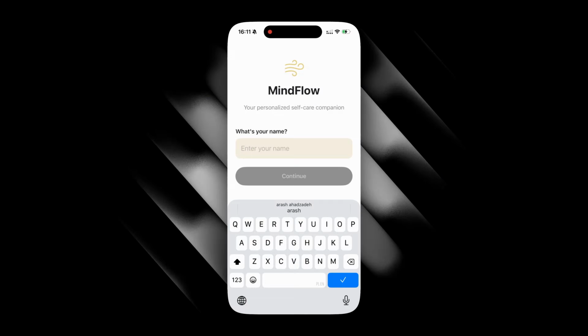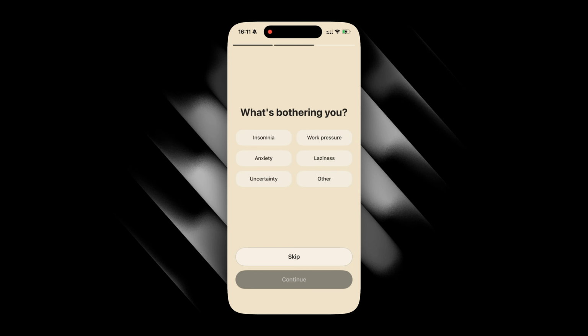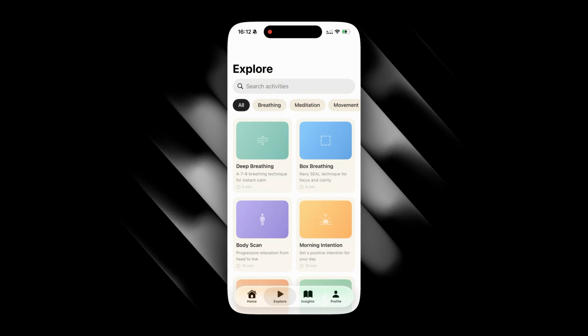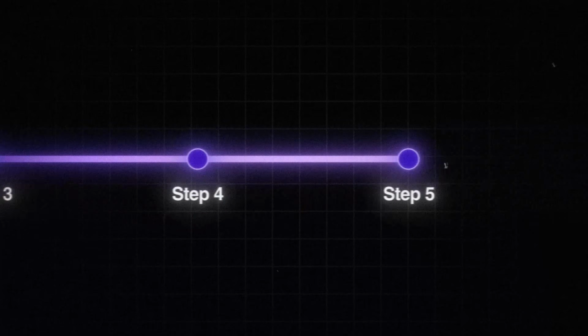I had an idea for a self-care app. 10 minutes later, MindFlow was alive. A real native iOS app, personalized check-ins, a full activity library, mood tracking, all of it, ready to publish to the App Store. Today, I'm going to show you exactly how I did it step by step using an AI